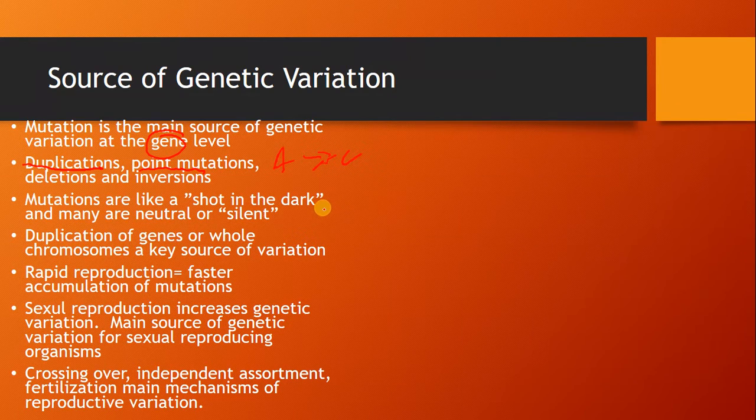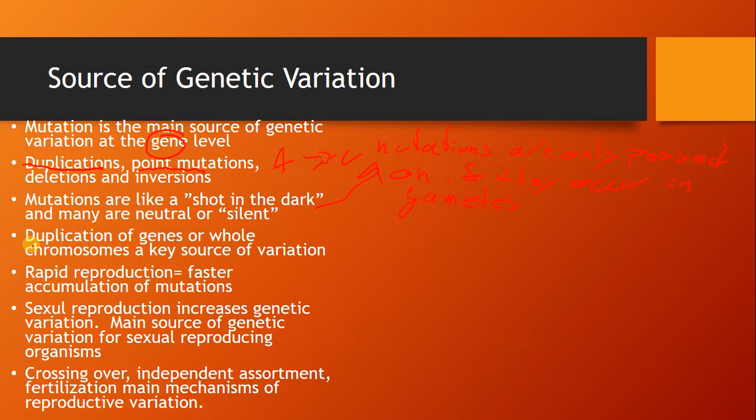A lot of them are just in somatic cells, meaning not the gametes. So mutations are only passed on if they occur in the gametes. So for example, mutations that happen in all the other cells besides sperm and egg cells don't get passed on, and they don't contribute to evolution. Only mutations that happen in the gametes get passed on.